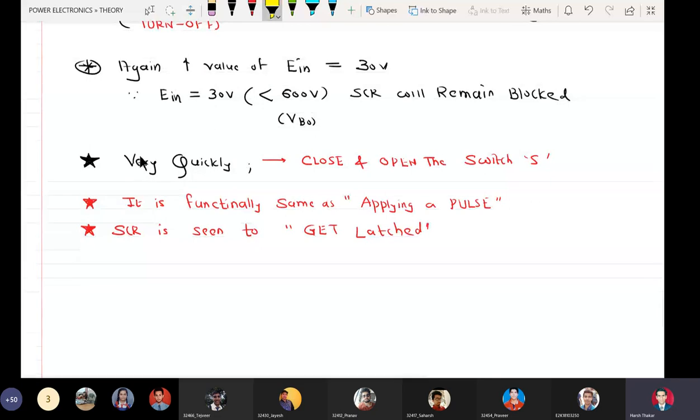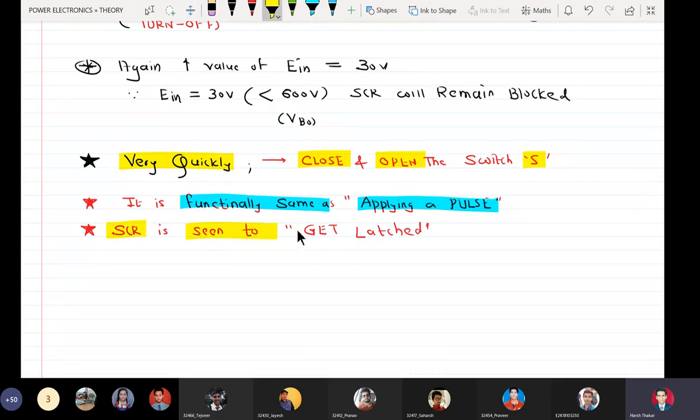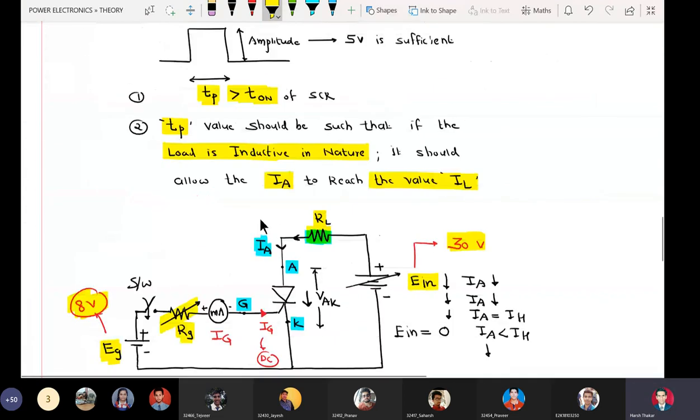So very quickly close and open the switch S. It is functionally the same as applying a pulse, and we see that the SCR is seen to get latched.